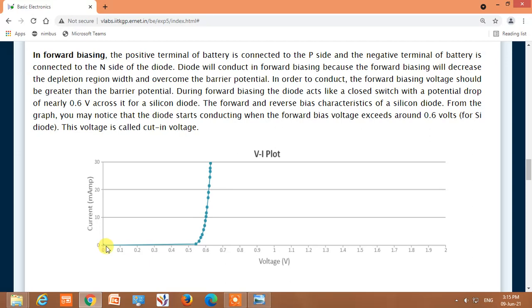Up till the forward breakdown region, that is 0.5 or 0.6 volts, very little current will flow. But as the forward bias voltage becomes greater than the barrier potential voltage, the diode will conduct and a large current will flow. So the voltage at which the diode conducts is known as the knee voltage or the cut-in voltage.